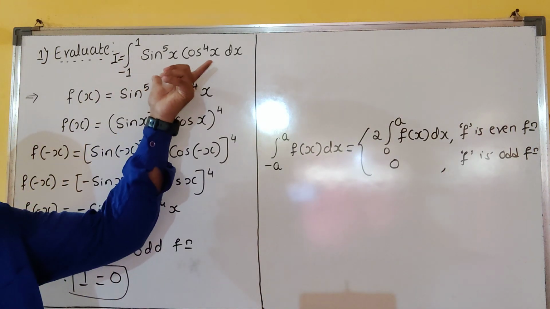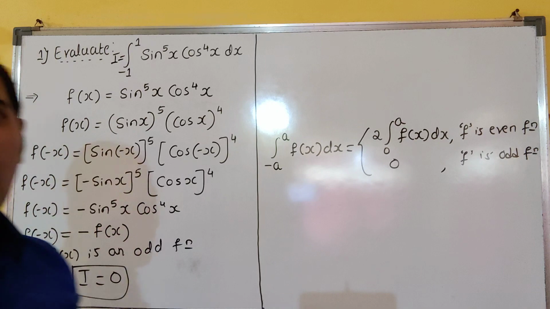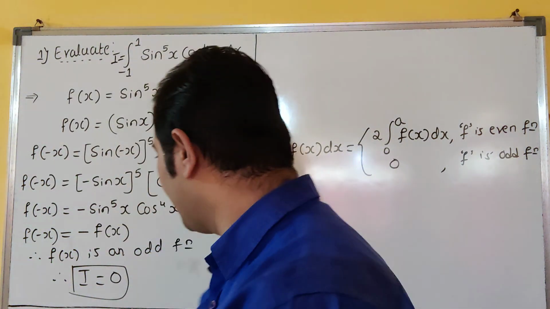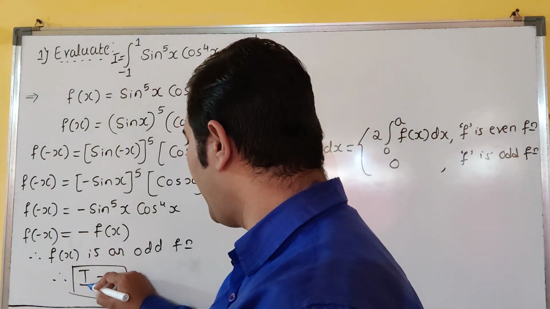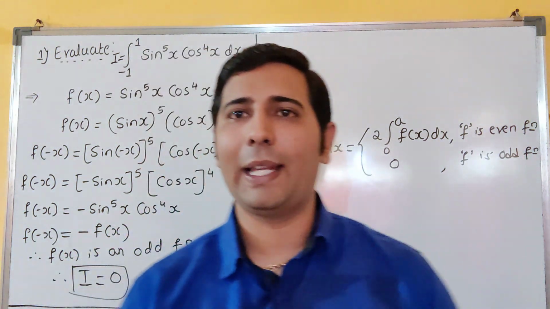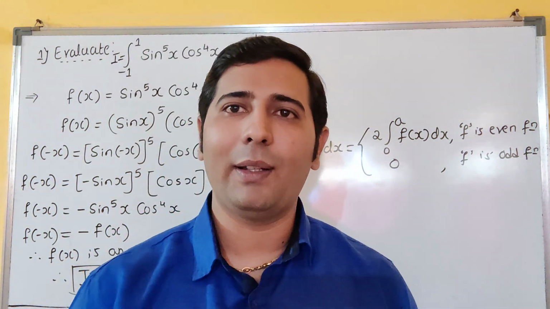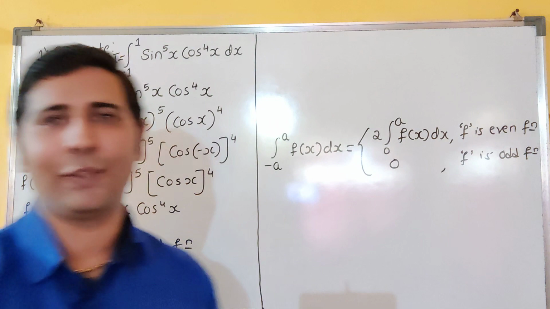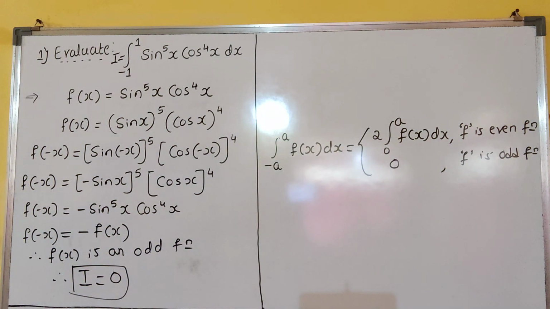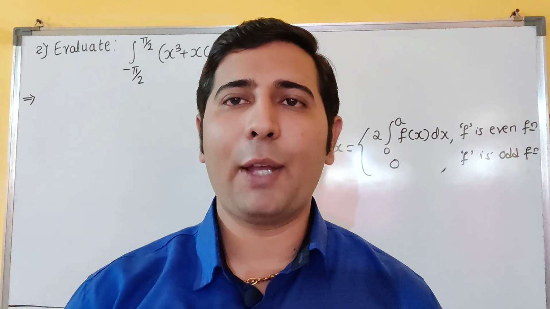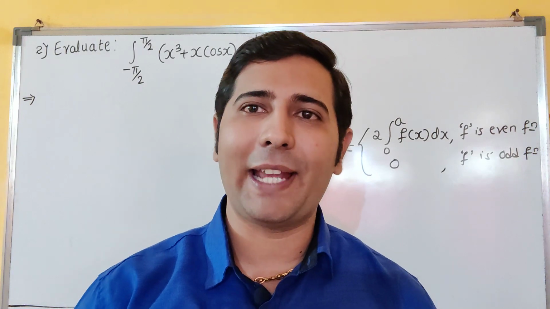This is only our I. Don't get confused. You give the name for this I. So I value will become what? 0. Understood? Fine. So I is equal to 0. Very easy problem, no? So we will solve one more problem. Please copy this, dear students. I hope all of you have copied. We will see the next question, dear students.